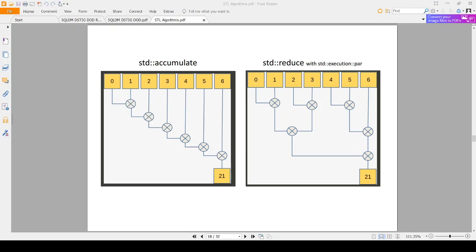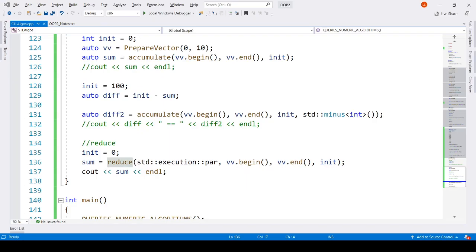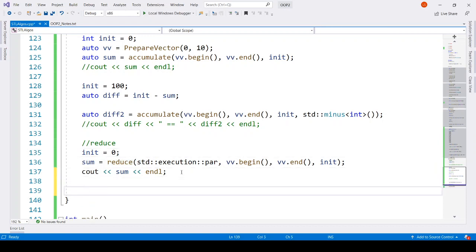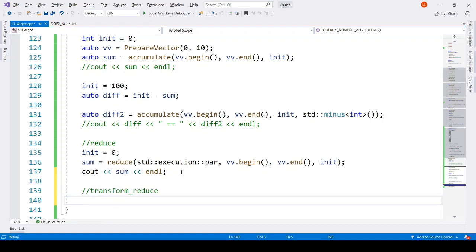So let's get back to code. Now there is another form of reduce algorithm called transform reduce, okay? What is transform reduce?